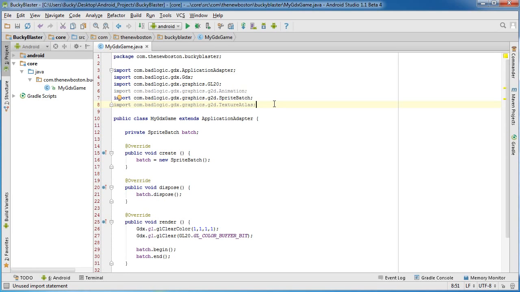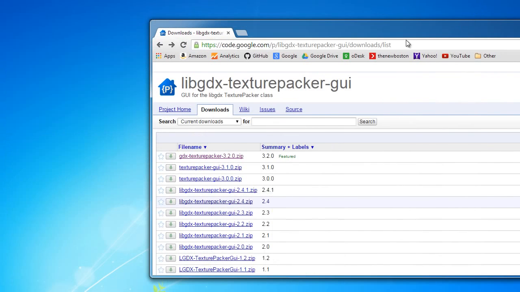So how do you create this image atlas thing? I know we're probably gonna go to Photoshop and start dragging all this together, and then we need to do something stupid. It's gonna be annoying. Well, check this out. There's actually a tool online, and this is what everyone uses when they're working with LibGDX atlases. So go to this URL,